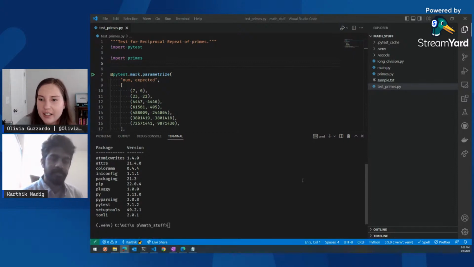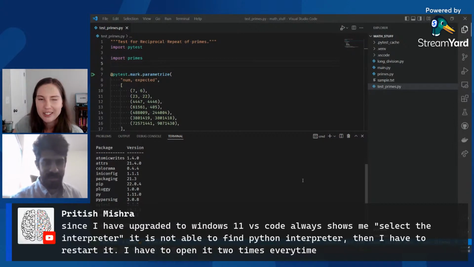Cool. And then we had one other question. I don't know that this is necessarily in your wheelhouse, but they're having a lot of issues where they keep getting a prompt to select the interpreter and keep having to restart. Do you know why this might be, or might we just have to file an issue? That's not related to these extensions, but